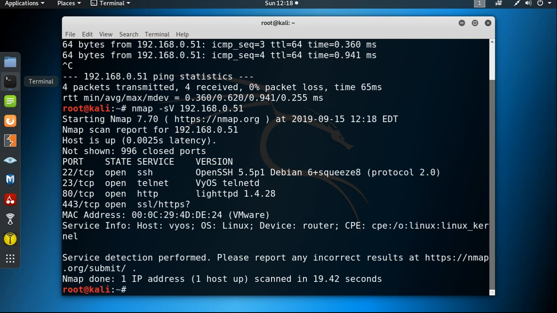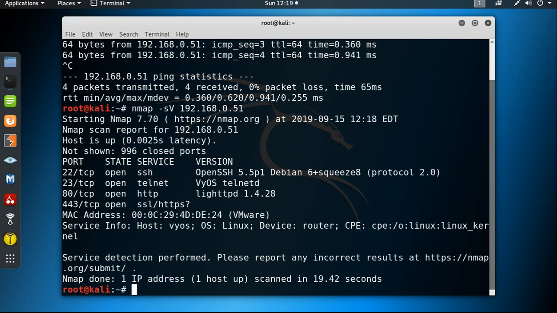Okay, here is the result. Port 22 TCP is open and the SSH service is running. Port 23 TCP is open, the Telnet service is running. Port 80 is also open, HTTP service is running. Port 443 TCP is also open and the HTTPS service is running. And the host name is possibly VYOS, the operating system is Linux, and the device is a router.